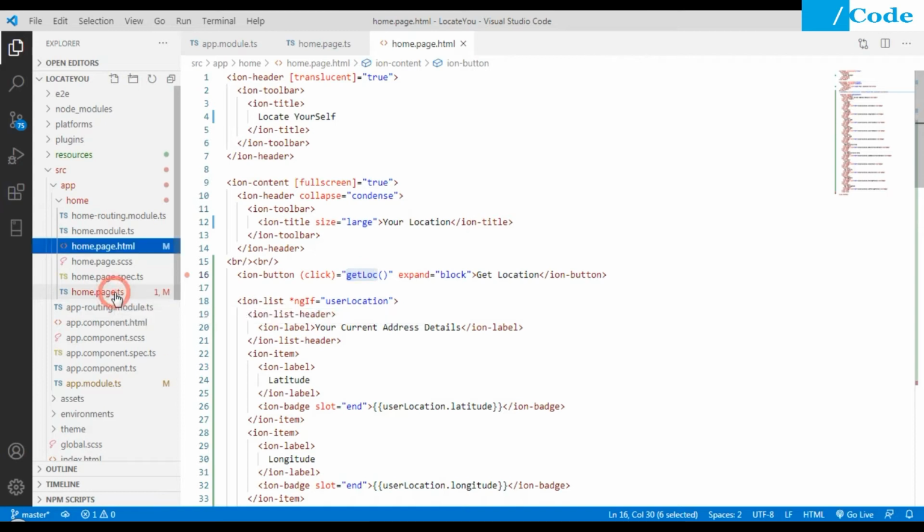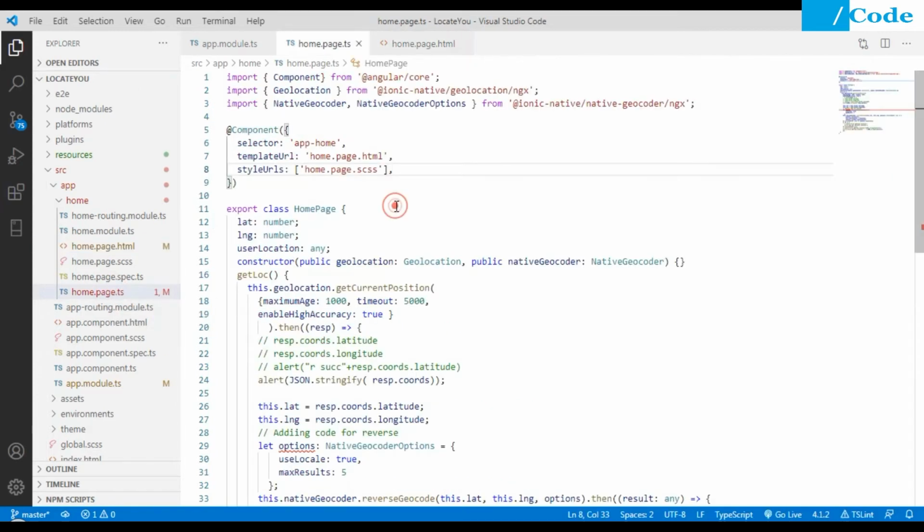If you go inside the homepage.ts file, we have the getLoc function here. Before doing that, we need to import geolocation from the geolocation ngx Ionic native, and native geocoder and native geocoder options from native geocoder ngx. After importing that, come to the constructor part. We need to define these two variables here, that is the reference geolocation and native geocoder.